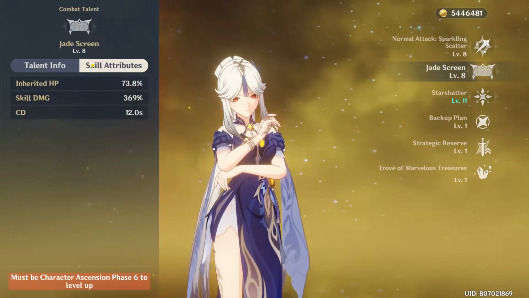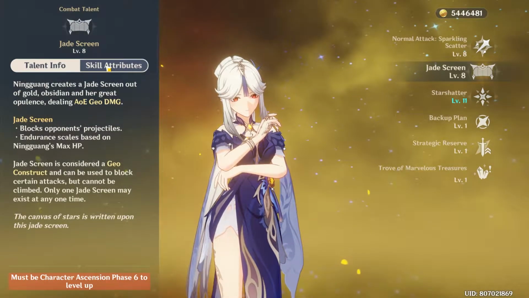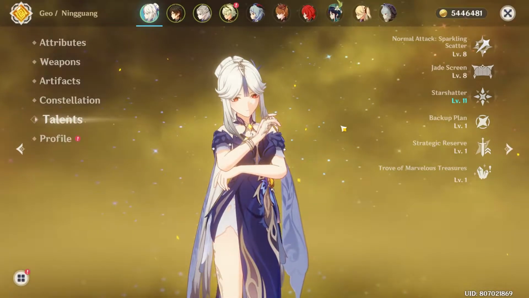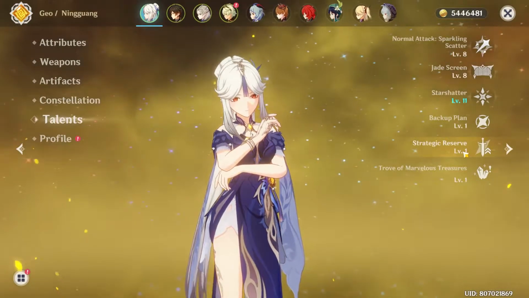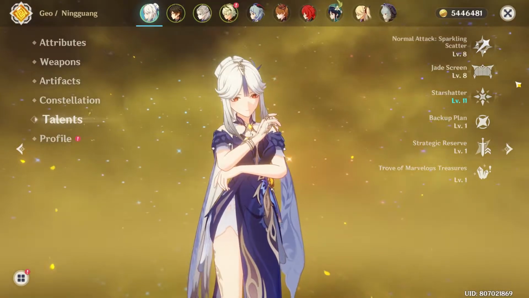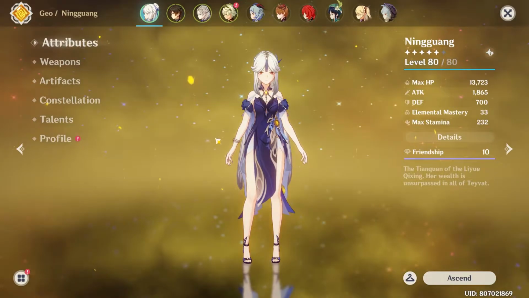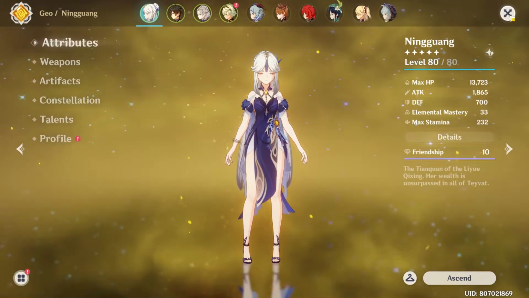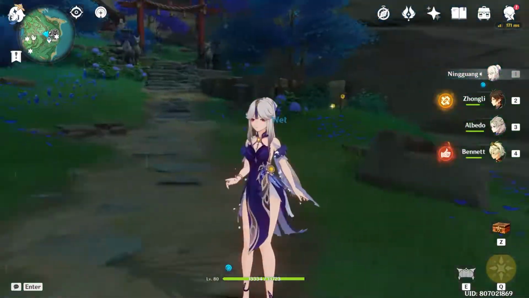So basically when Ningguang or any other character passes through the jade screen, they will gain a 12% Geo damage bonus, which is great but not optimal because it's sometimes destroyed on the battlefield, but yeah, it's always good to have. So yeah, now for her team,